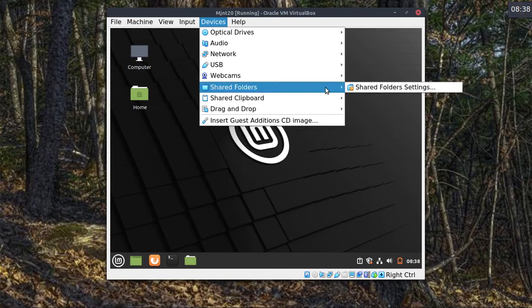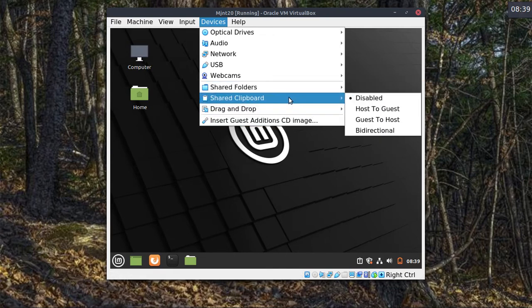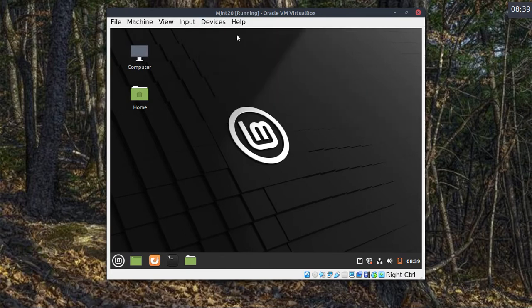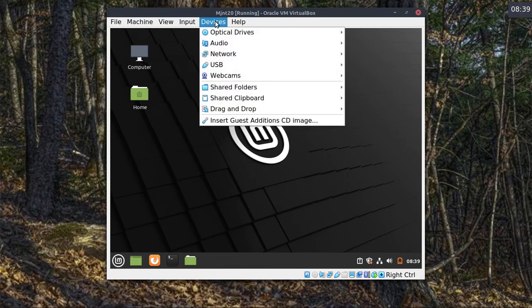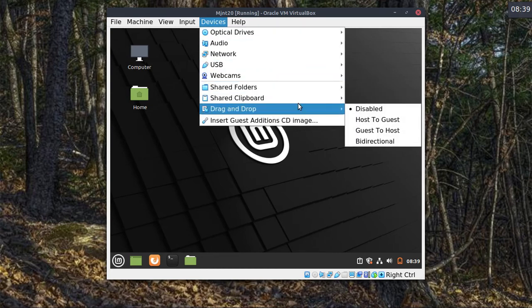You can use shared folders if you've installed the guest editions. You can use the shared clipboard, which I can make bidirectional, and that allows you to copy things from the laptop into the VM and back again. I've never managed to make drag and drop to work, so I don't bother with that. Now, to install the guest